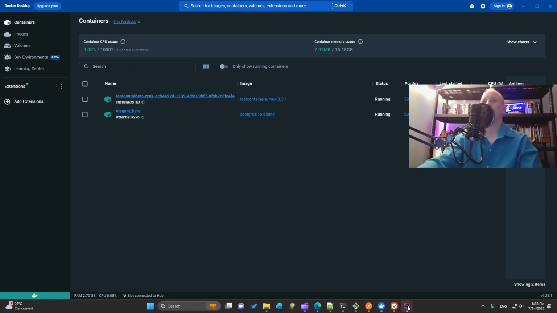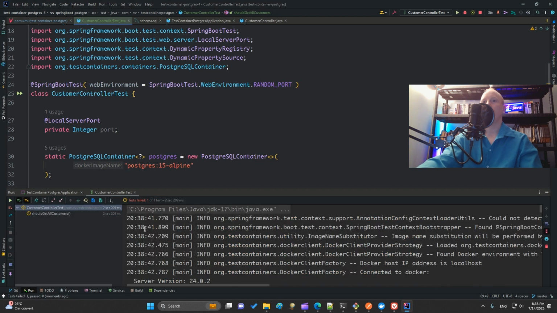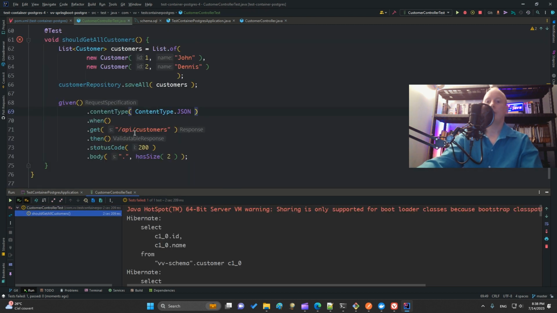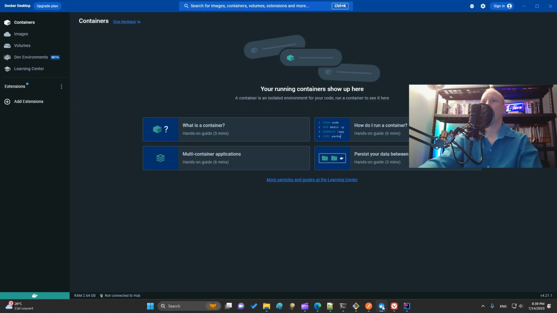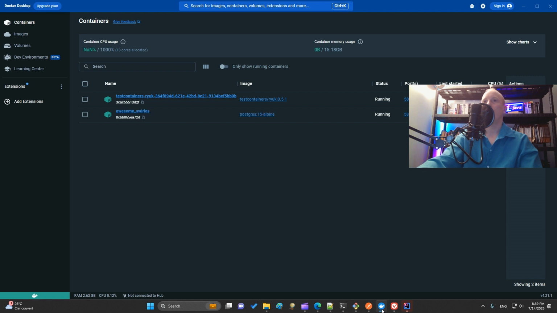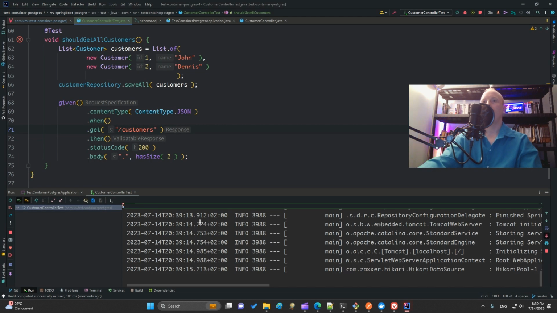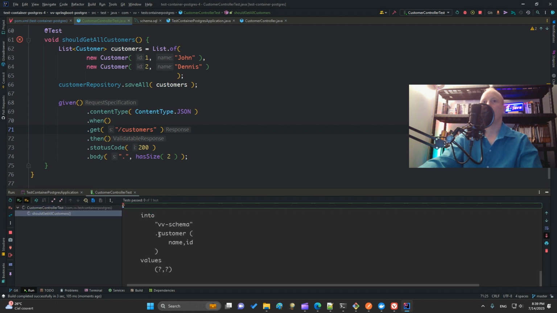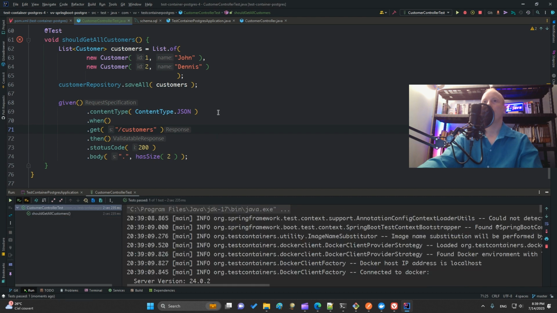And what does our test say? It says it's not okay because I have not configured the endpoint. The endpoint is not the same, and so we will re-execute. So my Docker Desktop will receive the container. Here they are, and in our IntelliJ, we will see the result of the test, which is green. Okay, so it is cool.